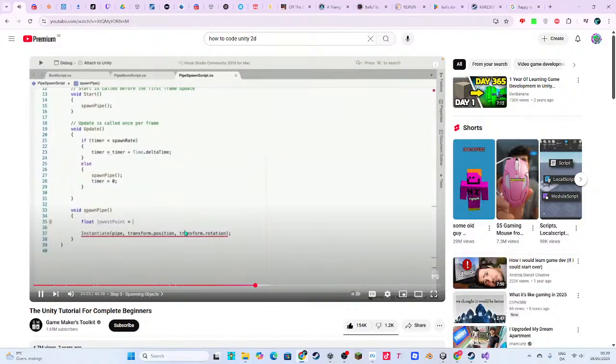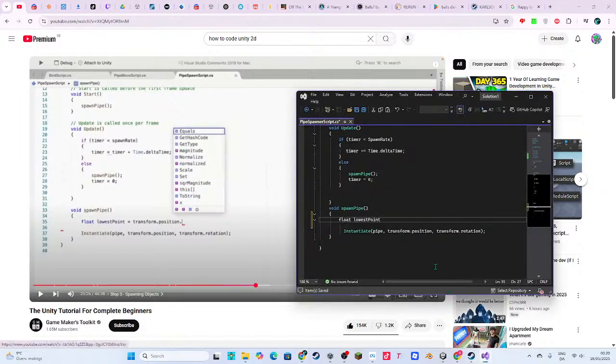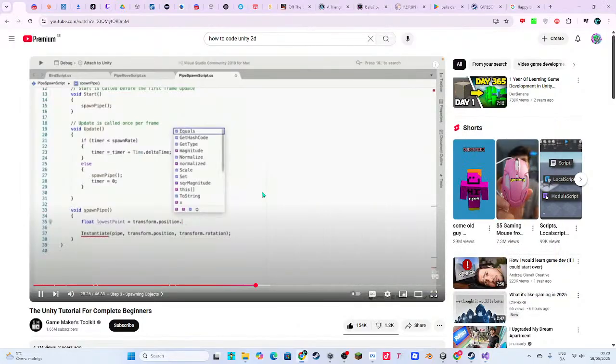But it also means we can set it by doing a calculation. So float lowest point equals transform.position.y minus height offset.